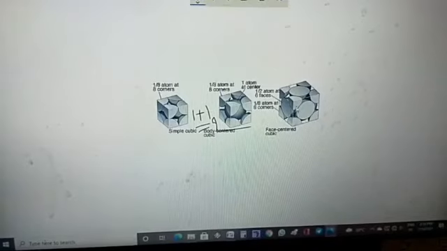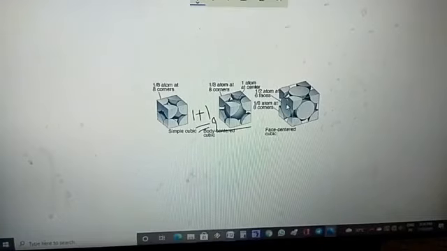Next, come to the face centered cubic unit cell. Face centered means that in this face centered cubic unit cell, the constituent particles are present at all the corners and also at the centers of the faces. As they are present at the center of the faces, now see, each particle present at the center is shared by 2 adjacent unit cells. For that only they mentioned half. See here, half.